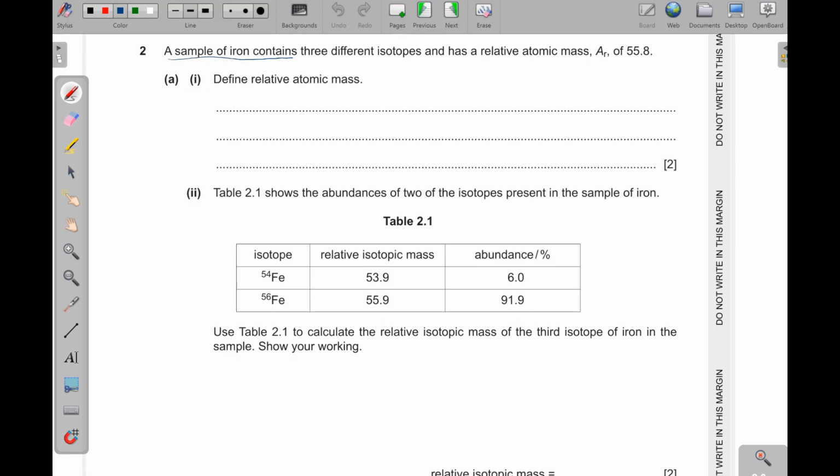Question 2. A sample of iron contains 3 different isotopes and has a relative atomic mass of 55.8. And they're saying Roman 1, part A, define relative atomic mass. So this is because the relative atomic mass, we get it. Remember, when we are calculating, we say summation of isotopic mass, then times the relative abundance. So that means we are using the masses of isotopes. So this is the average, weighted mass